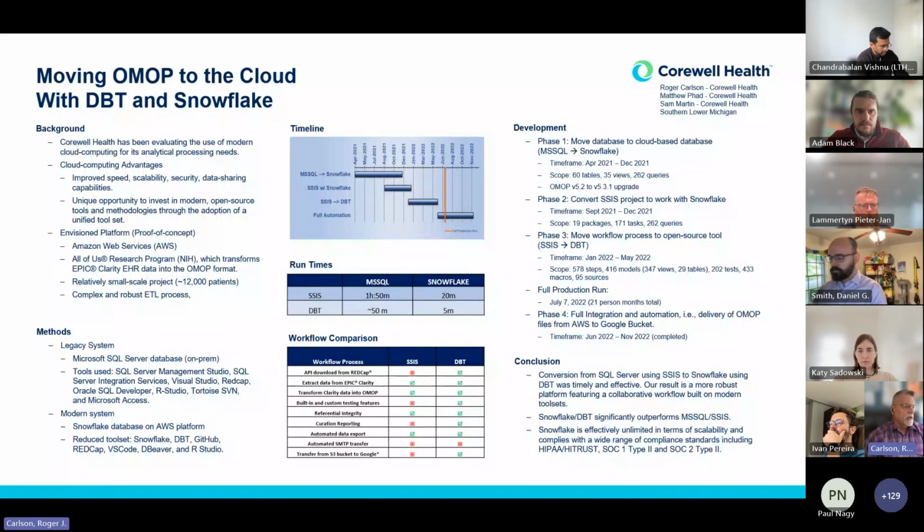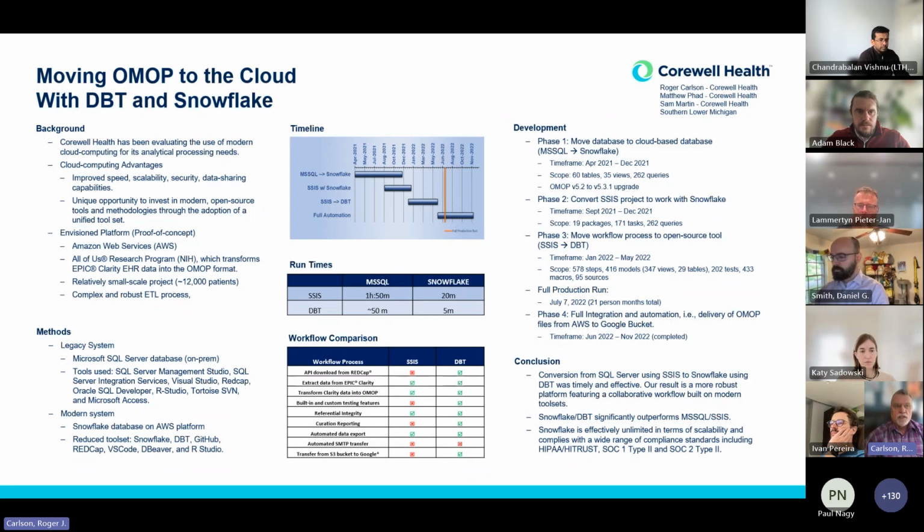I mean, we were using Management Studio, SSIS, Visual Studio, RedCap, some Oracle, RStudio, Tortoise SVN, and even some custom-built Microsoft Access applications. These were all desktop applications, but late in the year in 2020,